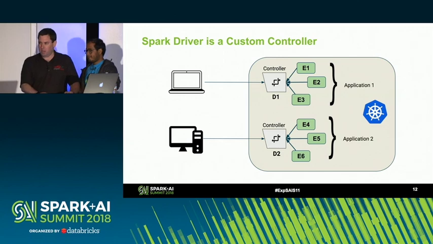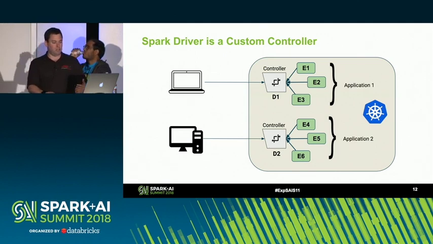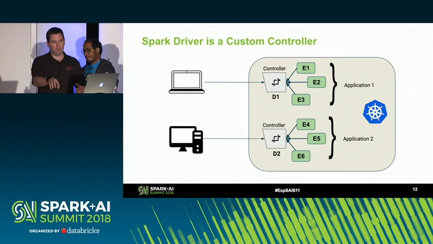First, the core work that was done to make Spark work on Kubernetes was to make the Spark driver a custom controller in the exact same sense that Anirudh just talked about. So the driver is acting as the controller for Kubernetes, making API requests to Kubernetes on behalf of the work that needs to get done. And then these executors are all containers that run inside of pods on Kubernetes. You can see that for each different application, it's got its own controller and its own executors.